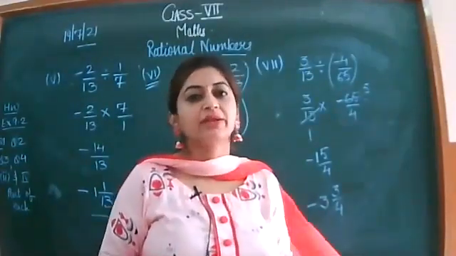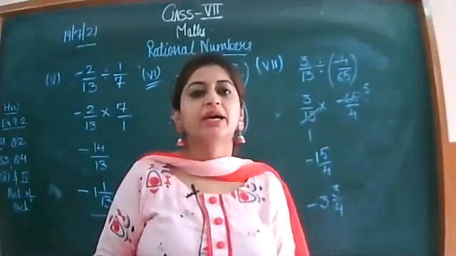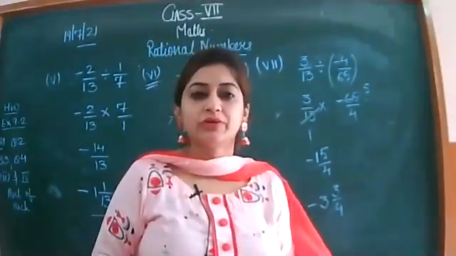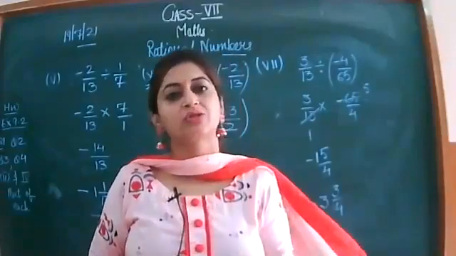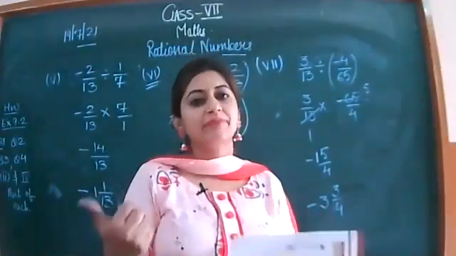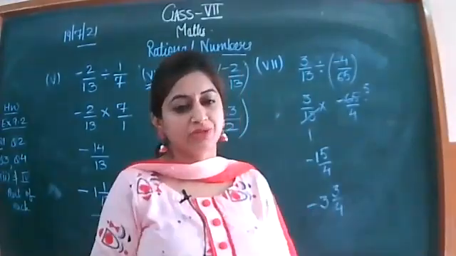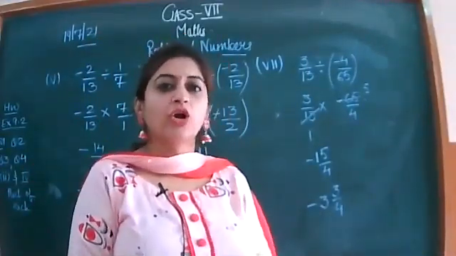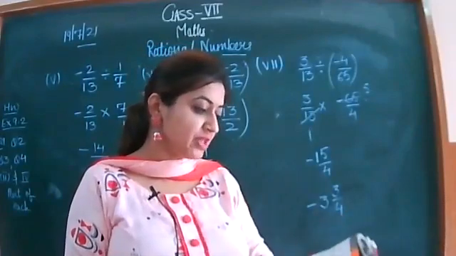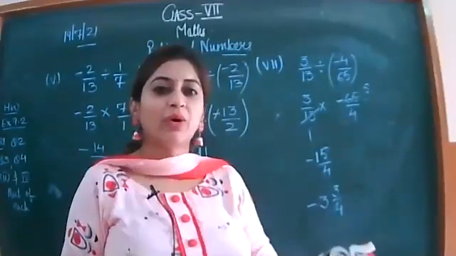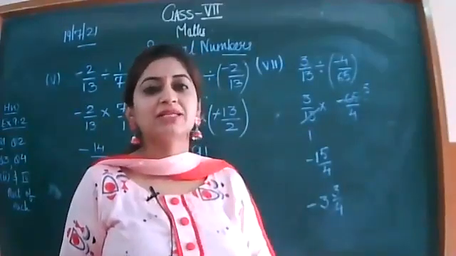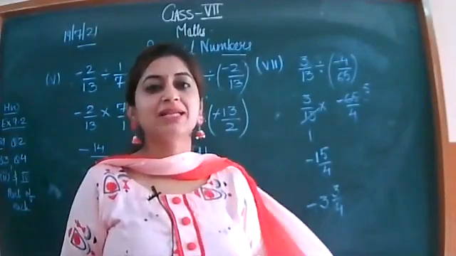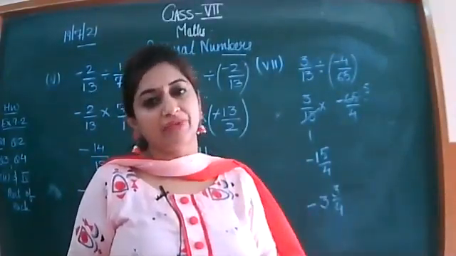Another name of reciprocal is multiplicative inverse. Another name of additive inverse is negative. For example, the negative of 2 is minus 2, and the additive inverse of 2 is also minus 2. If it is negative, then make it positive, and a positive number will be turned to negative. Okay? That is called additive inverse, or you can say negative. It is given on page number 186. Additive inverse of minus 3 by 9 is 3 by 9. Additive inverse of minus 9 by 11 is 9 by 11.